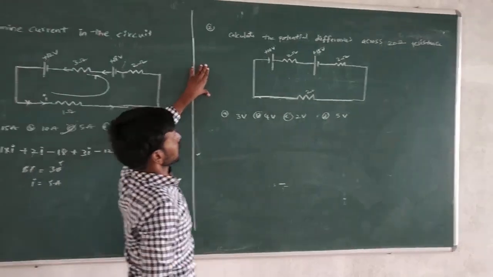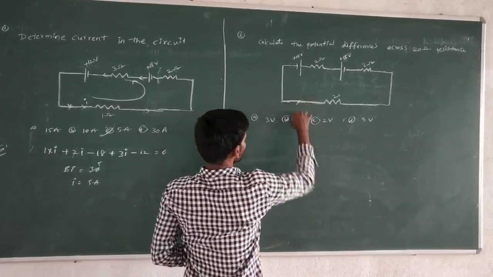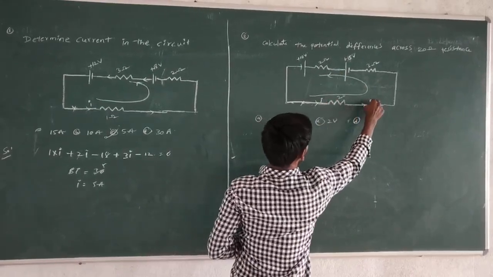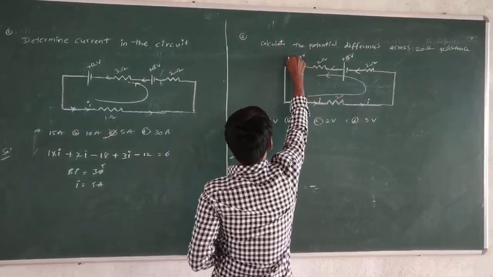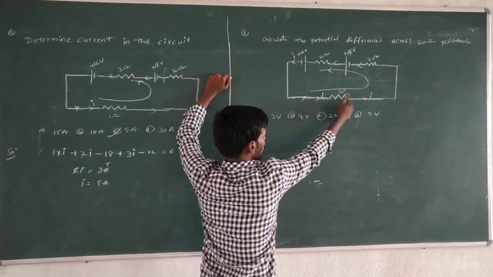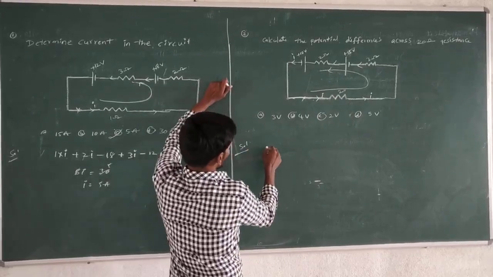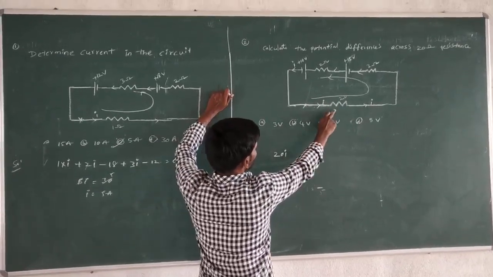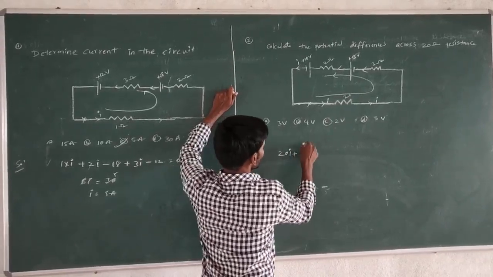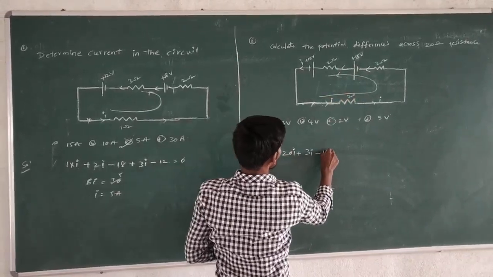Next question: calculate the potential difference across the 20 ohms resistor. Take any direction; I will start from this point, moving in the anti-clockwise direction. The current I flows in the circuit. The current I entering the resistor moves from higher potential terminal to lower potential terminal, so the potential is represented as 20I. Then the current moves to the 3 ohms resistor, where the potential drops, so we use 3I. Finally it moves from lower potential terminal to higher potential terminal, so it represents minus 15.